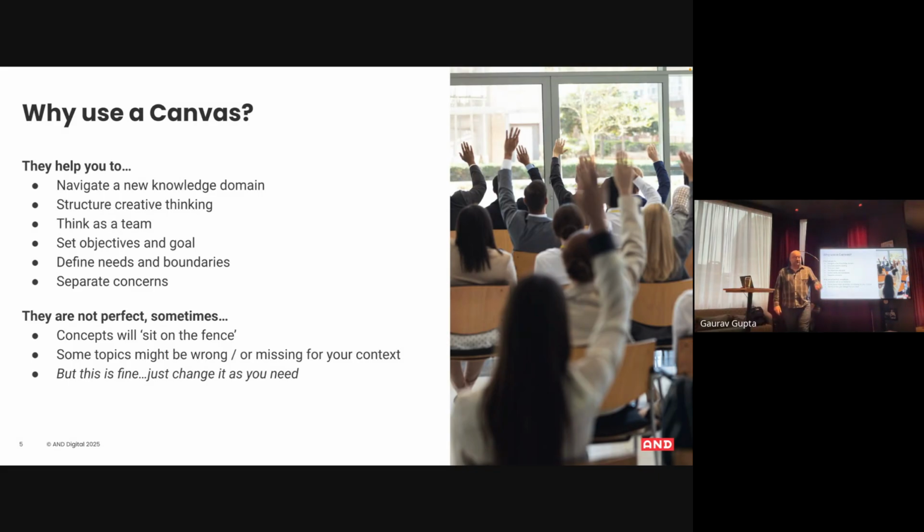Obviously, any model is going to have challenges. There will be things where you think, should that be in that box or that box? Some stuff will sit on the fence. That's fine, there's no problem about that. It's helping you to think about compartmentalization of concepts. You will find that in your context, because general models moving into applicability everywhere, some stuff will be missing. That's cool as well. Just fix it, just change it. The reason this exists on the Miroverse is you can get a template of it and change it. You can delete things, you can add things, you can do whatever you like with it. But the concept in this is just to help you think about how you're going to think about AI. So it's a meta thinking pattern. That's what a canvas gives you.